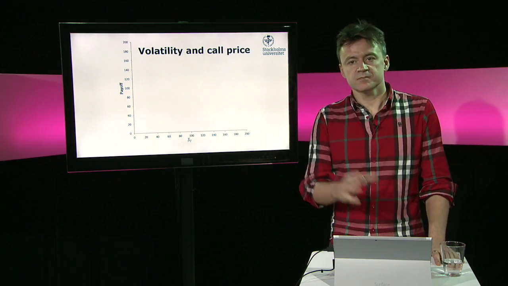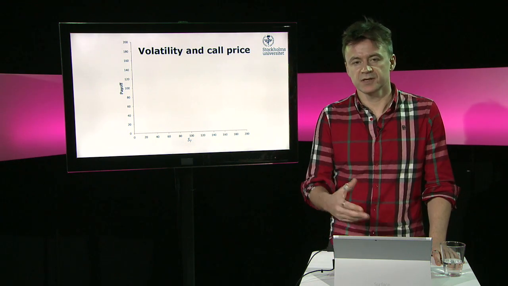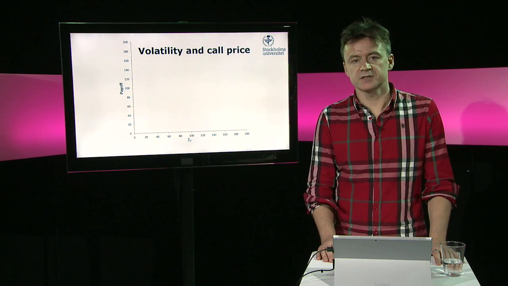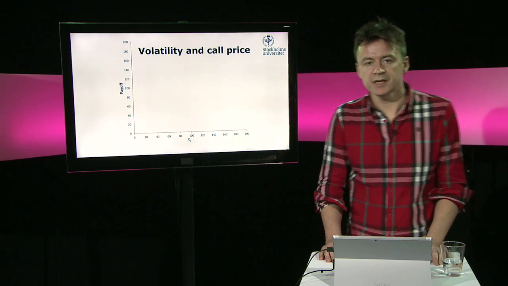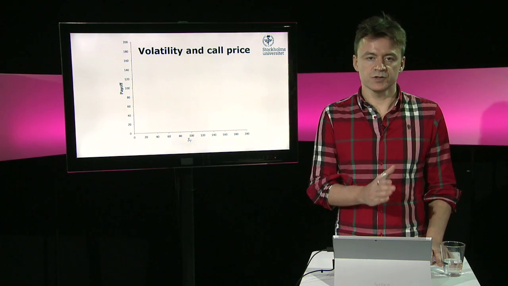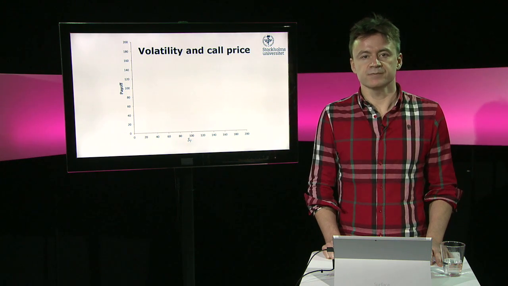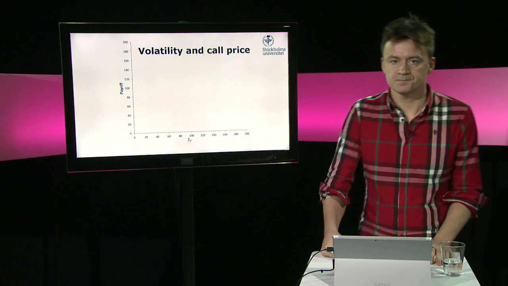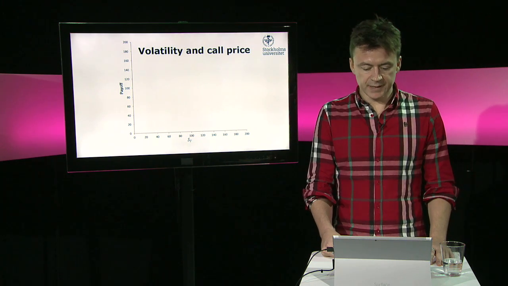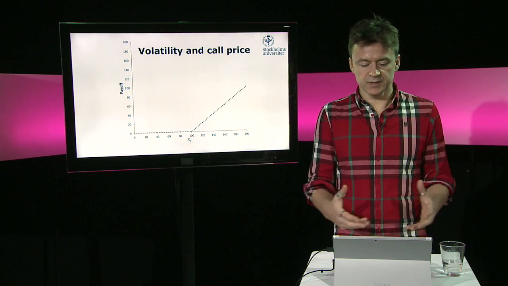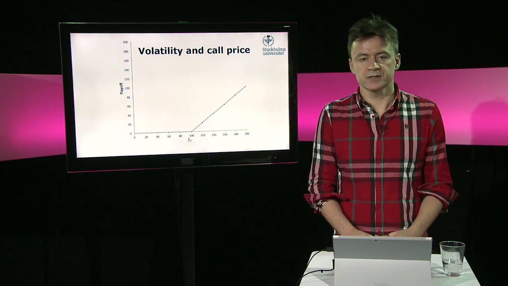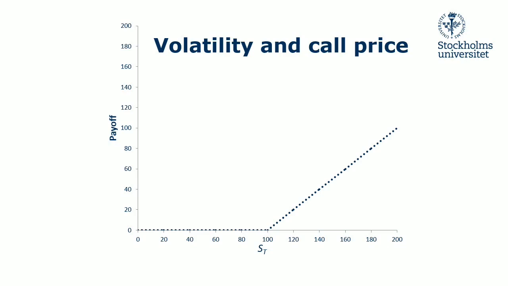So, let's examine now the final factor that we're going to consider out of those three, and that is volatility. By volatility, what we're going to mean is the standard deviation of the return of the underlying of the options. Suppose it's a stock. So to do this, suppose that we are first going to examine the case of a call price, and in particular we consider a call price with a stock with the strike price 100. And suppose that at this particular point in time,